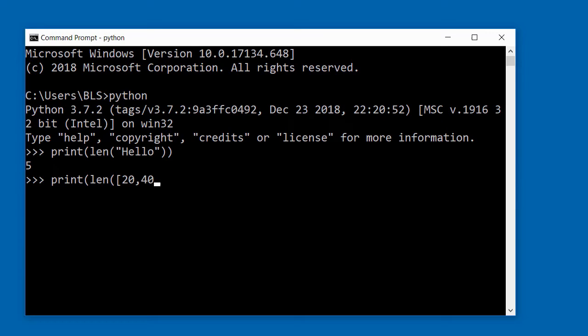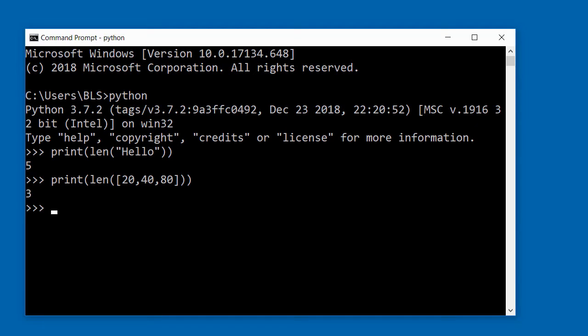Second item, 40. Third item, 80, and then I'll close the list and then close the parentheses for the len function and the parentheses for the print function. So if I press enter, you can see it's giving me a value of 3,